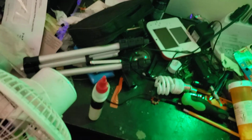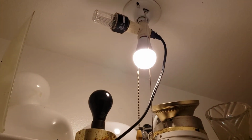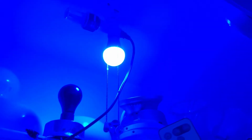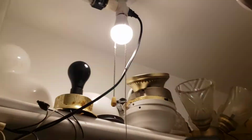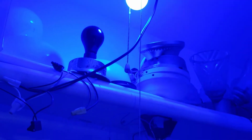And now, the one in the closet. You may not have noticed, but it looks like a regular daylight until I start pressing buttons. Now, how cool is that? I was so surprised when it lit up like a daylight at first. Because it just looks like a daylight. It looks very innocent until you do that. That's so cool. Those are the three main colors, but in order to mix colors, I have to